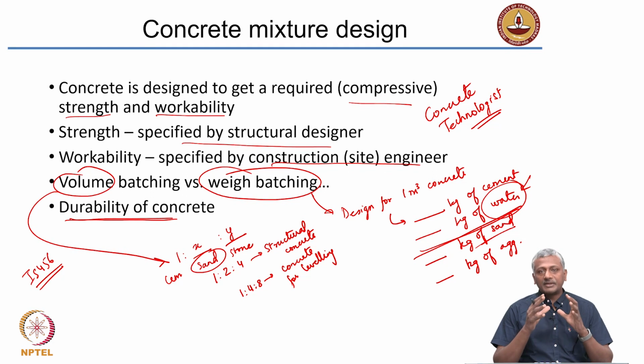Okay. So, if the emphasis is on quality in a construction site, you need to have a concrete technologist, because structural engineers do not understand concrete very well. Construction engineers usually want to get the job done, right? They do not really think too much about the material. You need to have somebody who has an understanding of the material and is able to practice the material properly, and that is a concrete technologist.